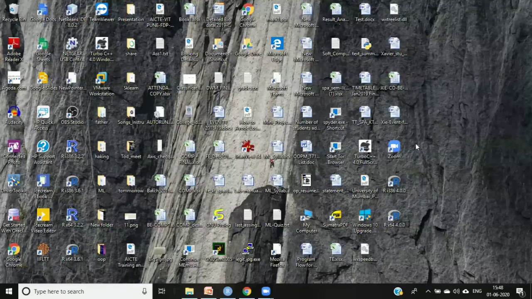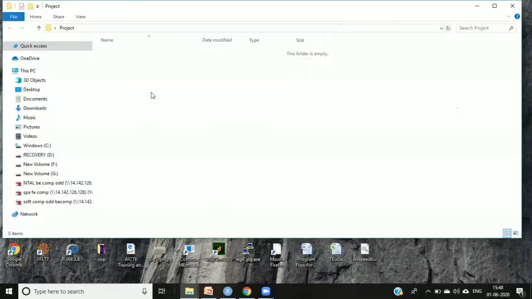You can create a project folder on the desktop, all of you. Why are we creating this folder? Whatever we do will be inside this folder. Now we have to set this folder as the current directory in the software.